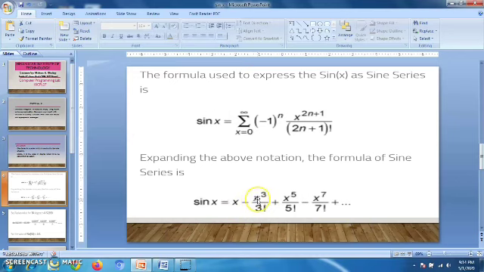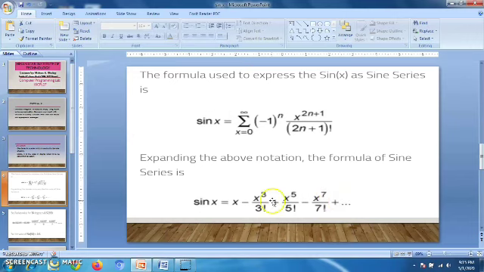In the same way, after this we have x raised to 3 divided by 3 factorial. If you observe the terms of this series, only the odd powered terms are available; even powered x terms are not available. That's why I told you this x can be written as x raised to 1, an odd number. After that the x square term is not there, so the next term is x cube, an odd term. After that x4 is not there. The next is x raised to 5, an odd term. After that x raised to 6 is not there, then x raised to 7, an odd term. After that x raised to 8 will not be there. The next term will be x raised to 9 and so on.